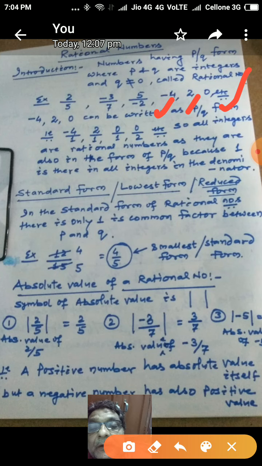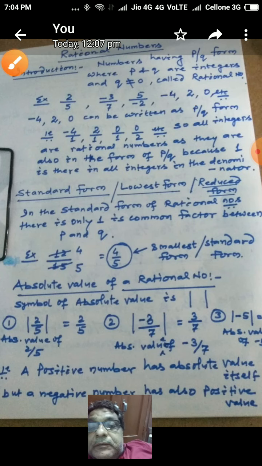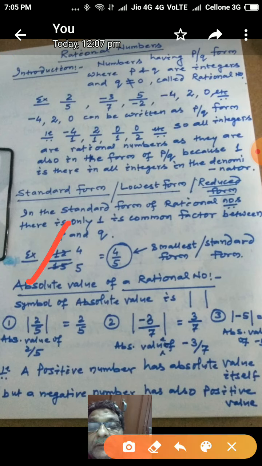Okay, now the standard form of rational numbers. It means when a rational number has only one common factor between p and q, and that is 1, no other common factor in p and q other than 1, then the number is said to be in standard form, or in reduced form, or in lowest form. Say if we take one example of a rational number, 12 by 15, no doubt it is a rational number because we have taken 12 in the place of p and 15 in the place of q. But